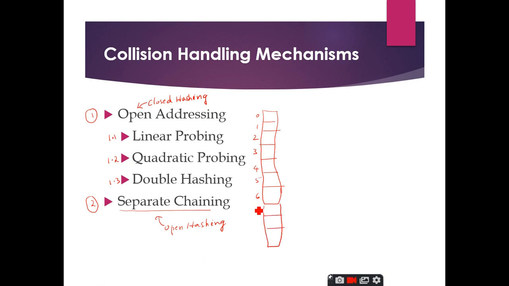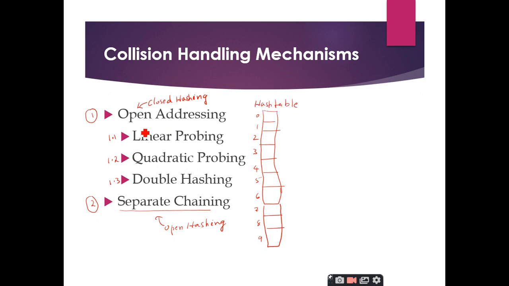So in general we make use of arrays to implement hashing. The reason is, as I already told, the values which you are going to store should have a corresponding key, and that's why we call it a key value pair. If you are using arrays for the hash table, the values you store have implicit key values, that is the indices of the array. So the indices of the array can be used as the keys for storing the values. This is the important point you should remember regarding the hash table.